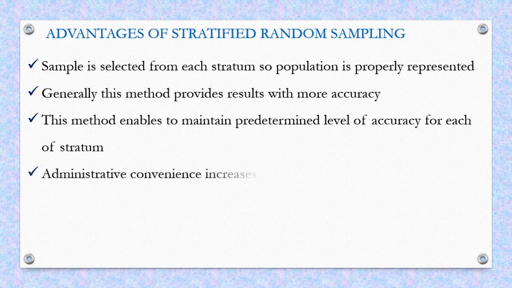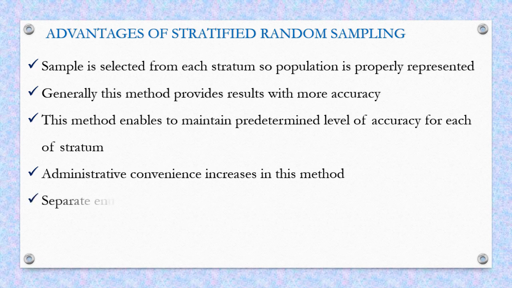Administrative convenience is increased in this method. That is, administrative convenience means managing the population, managing the stratums, managing the samples becomes easier, because we are dividing the work between the groups rather than tackling the whole population together. So when we are dividing the groups, we can survey them separately, we can get results, we can ask them questions separately from each other, so we can take our time in doing that,